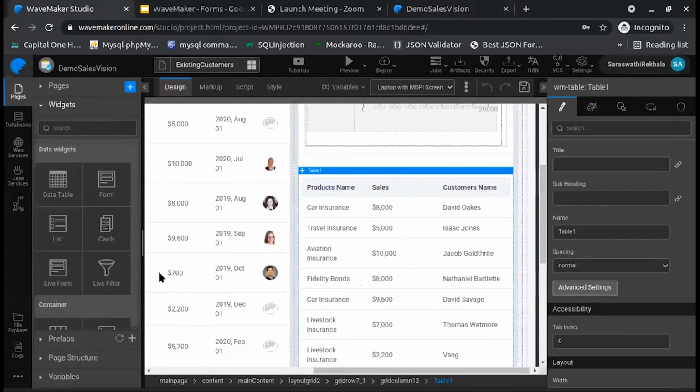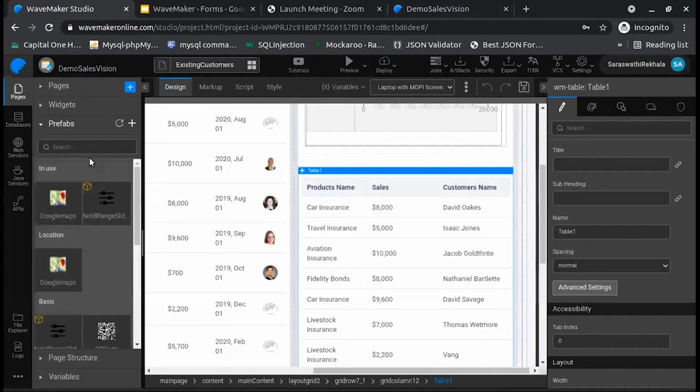In order to do that, we need some third-party plugins to integrate, right? For that, we have a mechanism called prefabs in Wavemaker. So what are prefabs? Prefabs are reusable components. Similar to a Wavemaker widget, you can build your own UI component. For example, if you like any jQuery widget, then you can wrap it in a prefab and expose a life cycle, expose properties for that particular UI component, and you're good to go.